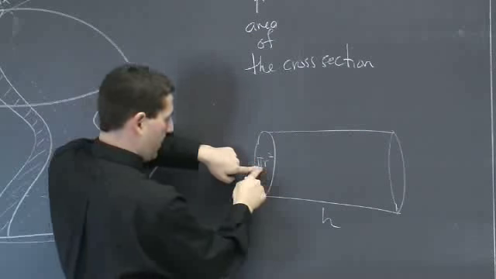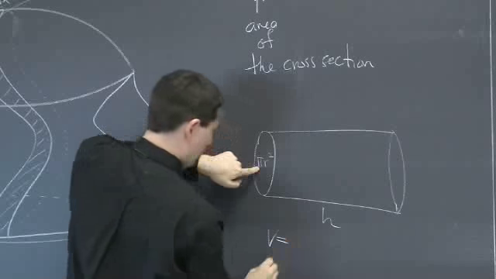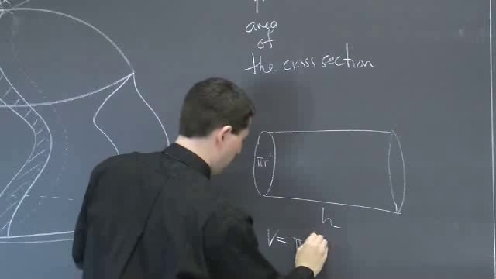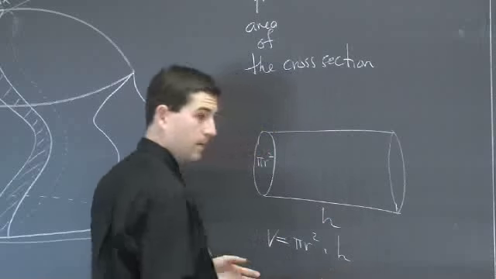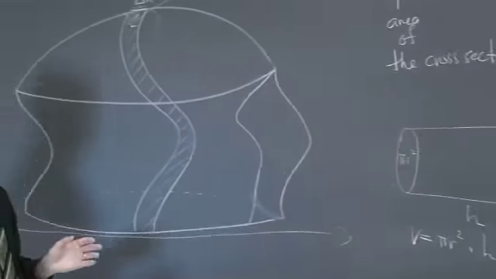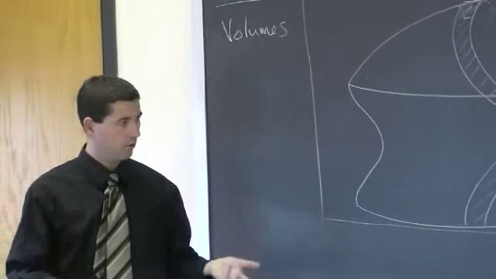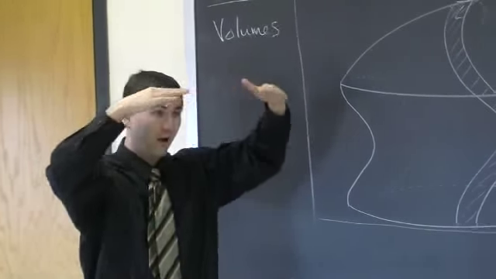The volume is the area, pi r squared, times the delta x. Here the delta x is actually h. And there's nothing special about a circle. If you took a square,